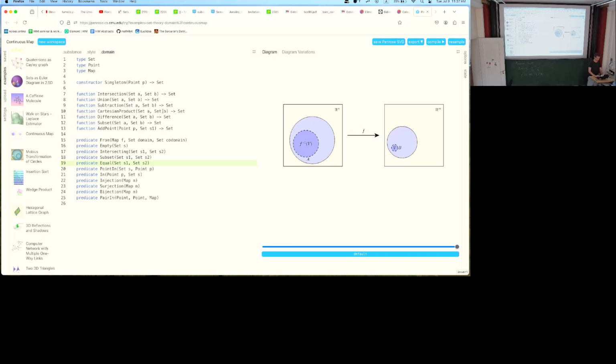So this is the file I have open here. The domain allows you to specify some types. In this case, we have sets and points and maps. In the domain of commutative diagrams, we have objects and cells. Then you can produce some constructors, like here you can form a singleton set from a point. And then there are other ways to combine sets, and finally you can define predicates in order to give them some properties. So that's the domain, and the other two parts of a Penrose diagram are style and